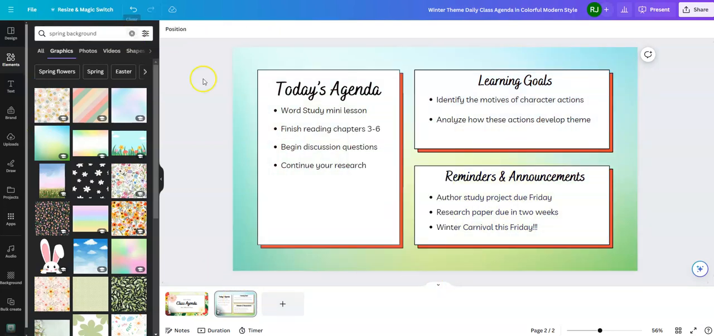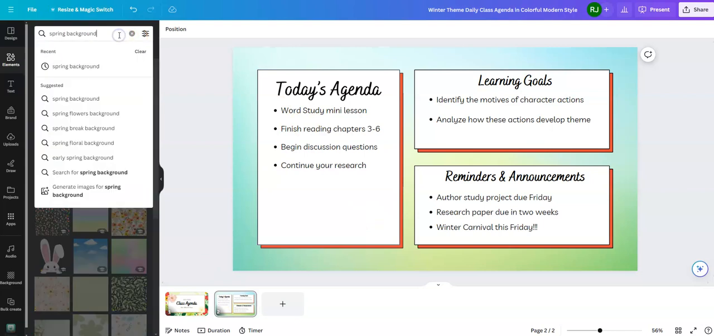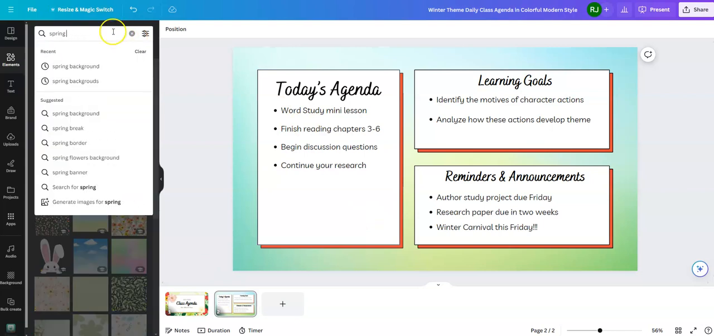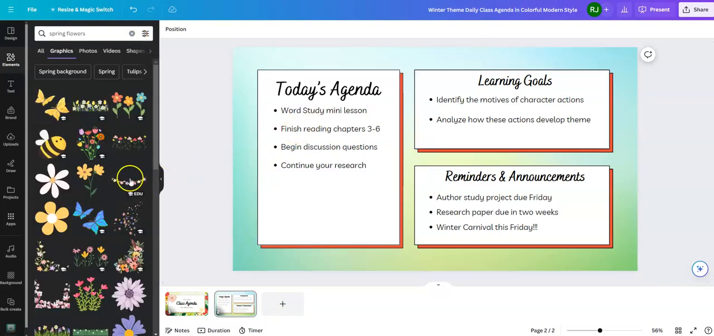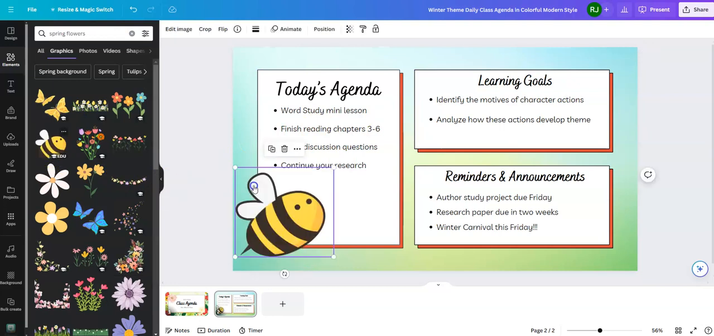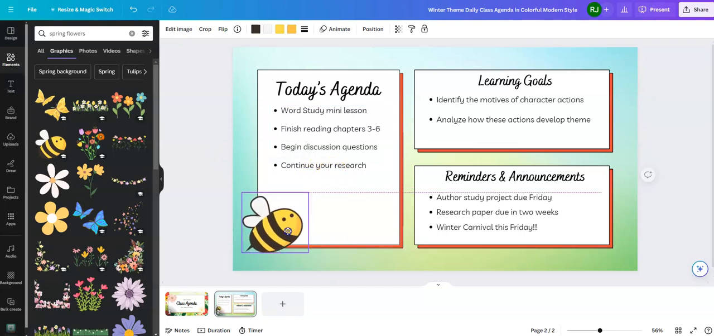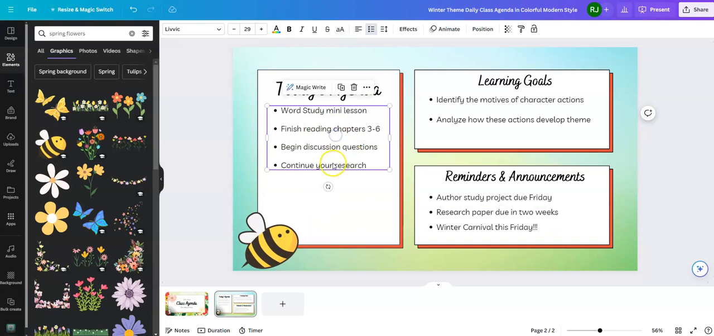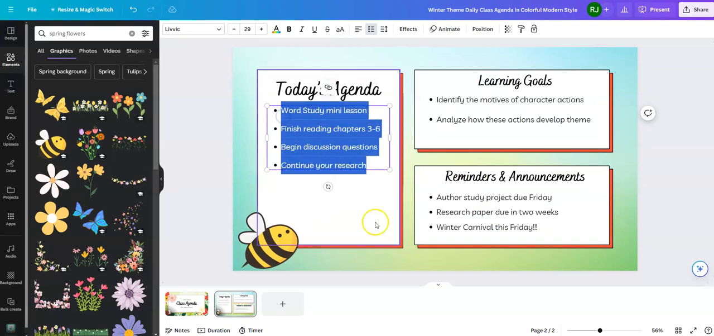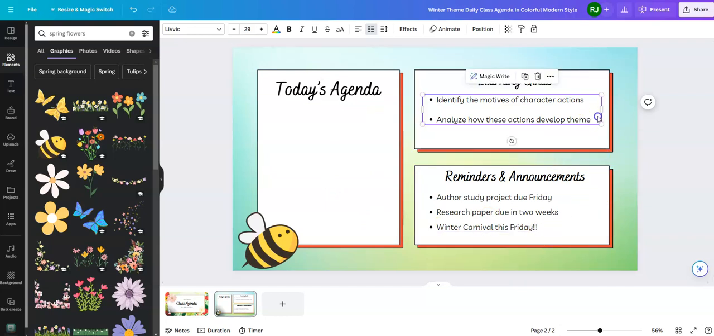I also now can do the same thing. I can add in other images. If I type in spring flowers, we'll put something different here. We'll put a bee. And you can resize any of these images after you drag and drop them by dragging from the corners. So the text is already here for me, but obviously I want to replace it with my own. But the first thing I'm going to do is delete this text that's already here